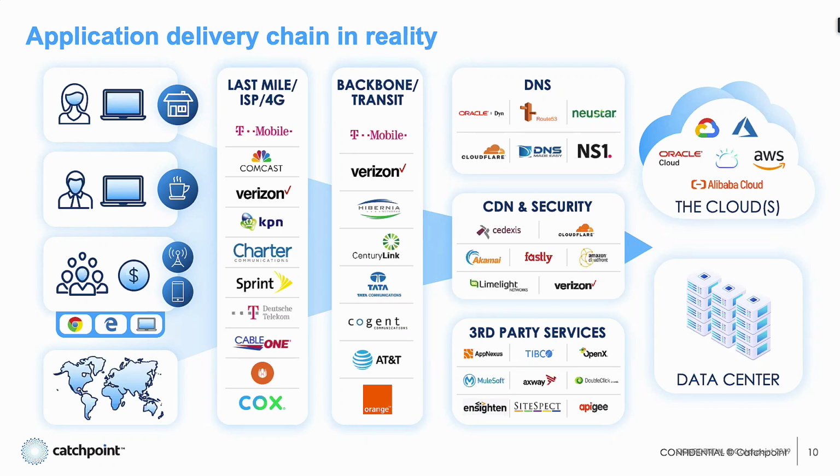So this really means that whenever there's a disruption in the delivery chain, you have to search multiple services, tools, devices and connectivity locations to identify where the problem may or may not exist. So the more we move from the edge of a corporate environment and outward in the delivery chain, the bigger the challenge is to see and even control those performance outcomes. And a solution like Catchpoint is designed around the outside in. So taking a look at removing those external barriers of the performance chain and providing visibility from the service that the user is accessing all the way to the internal device that the user is accessing it from.